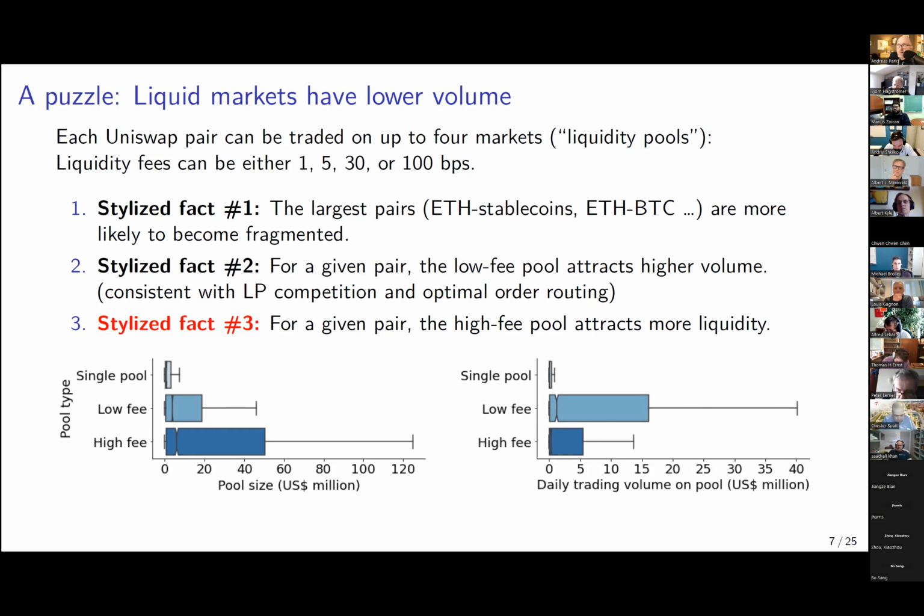Well, the reason why we think of this as fragmentation is that we actually see that there are clientele effects. The orders that end up on the high fee pool seem to come from different types of liquidity providers. I see what you have in mind, and it is as if these orders are posted deeper in the book, in some sense. They will have a lower execution priority, and that is compensated with the higher fee.